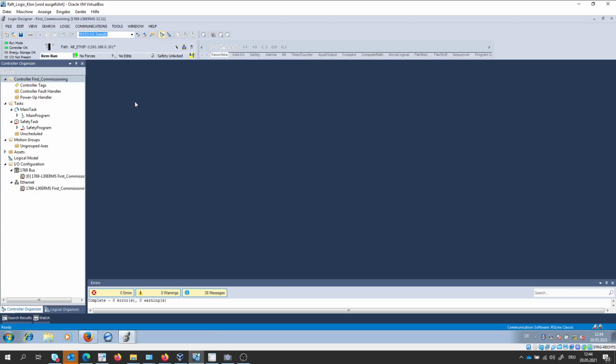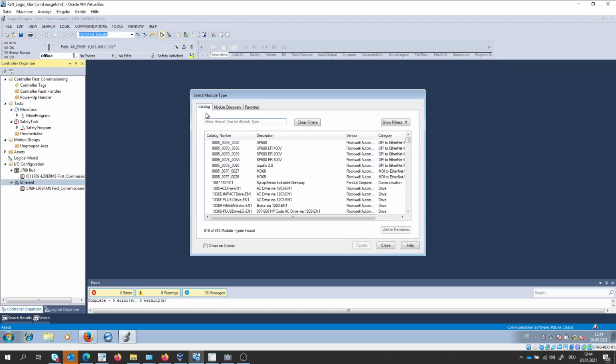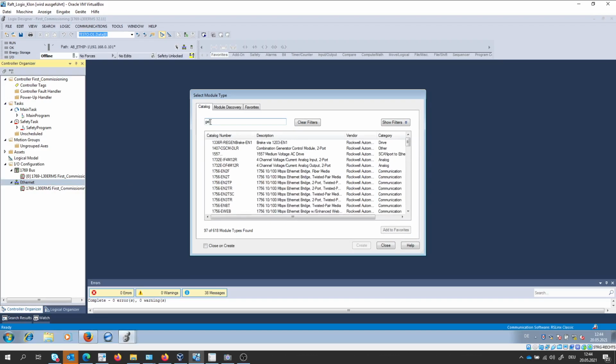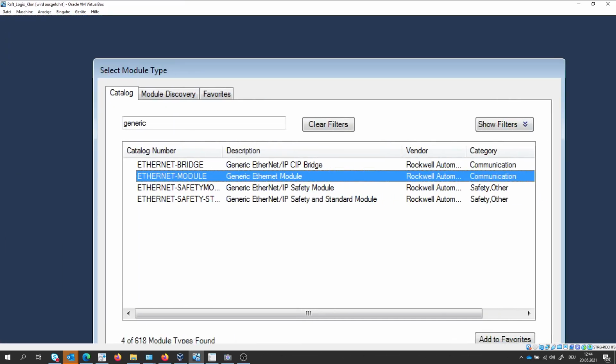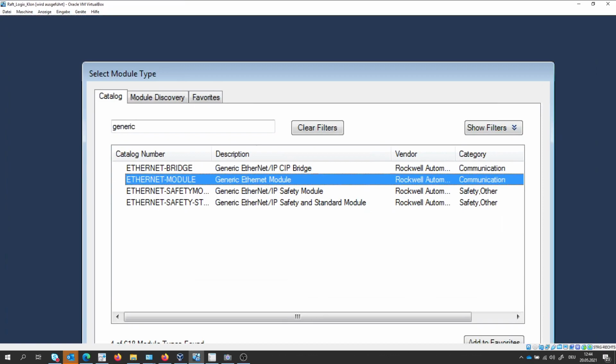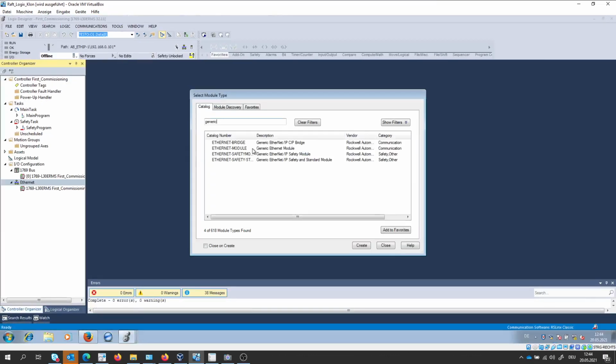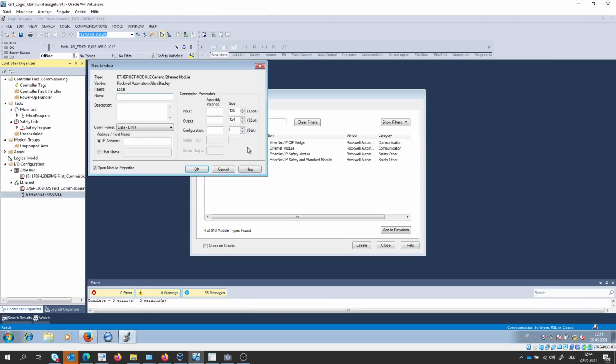To start the commissioning in Rockwell, we go offline here. And then on the Ethernet tab, right mouse click, new module. We type in generic, and then we find the generic module inside the Logix software. Double click on the generic module, and then I have to define the name